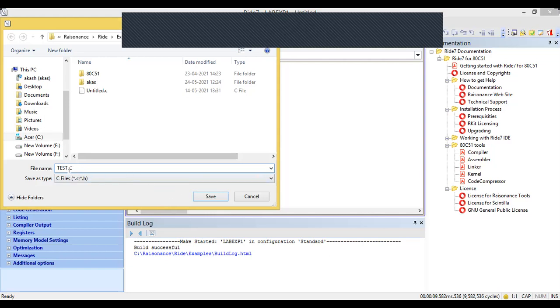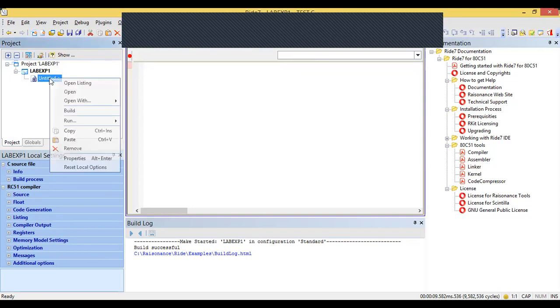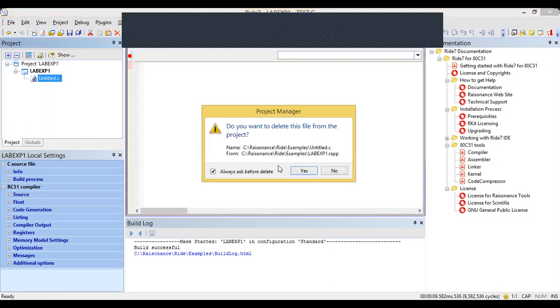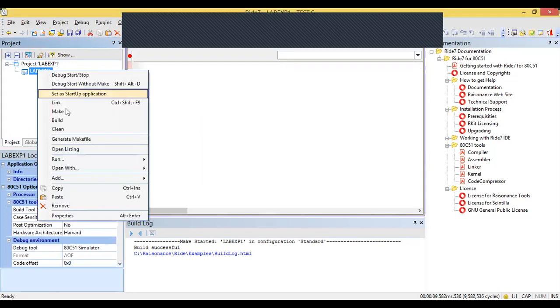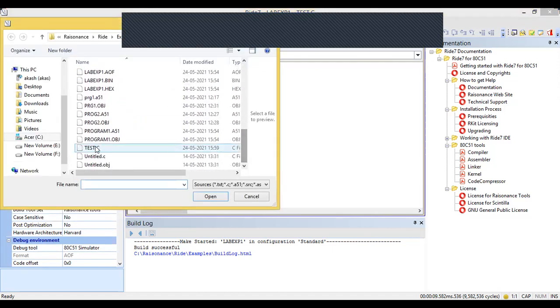If you write an assembly language program, it should be .a51. So now you can see it's test.c. We can write the C program here, and if you want to add this program, please remove the old program, then add a new program, add item, and select test.c.